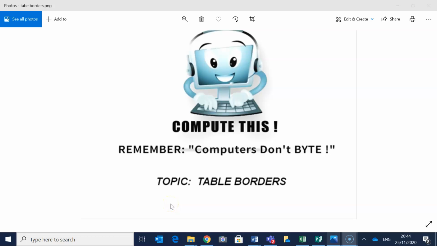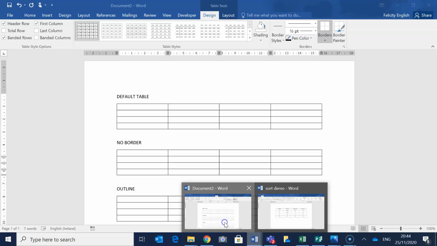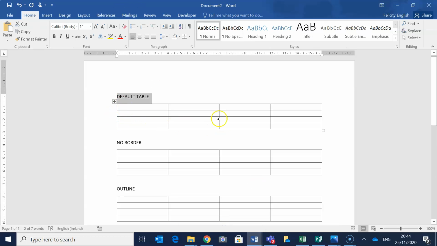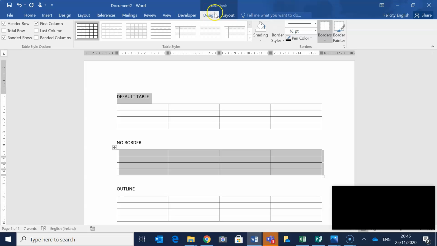So this video will show you how to apply and remove different types of borders to a table in Microsoft Word. So in my Word document, I've put the tables in already. So the default table, there are thin borders throughout the table. If you want to remove it so there's no borders, we select the table, then under Table Tools, in